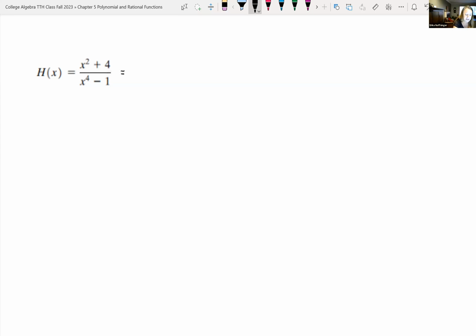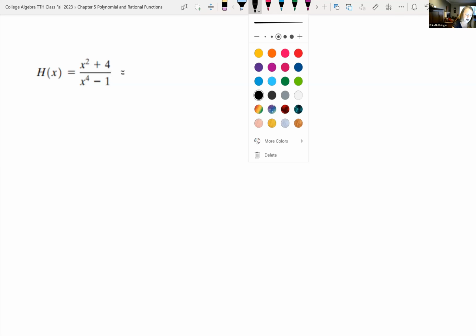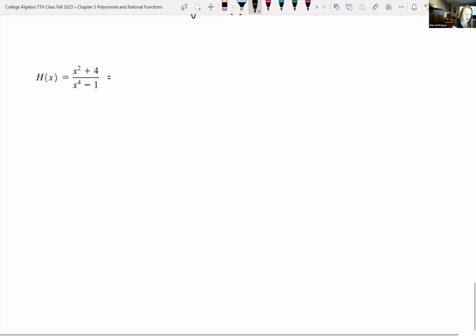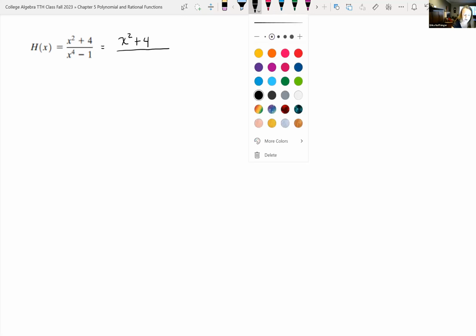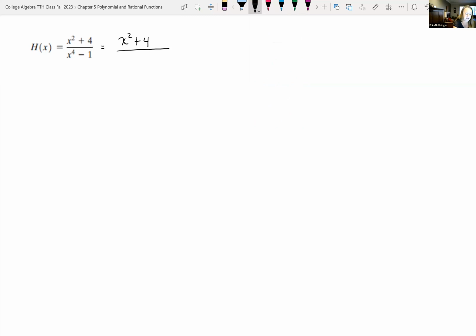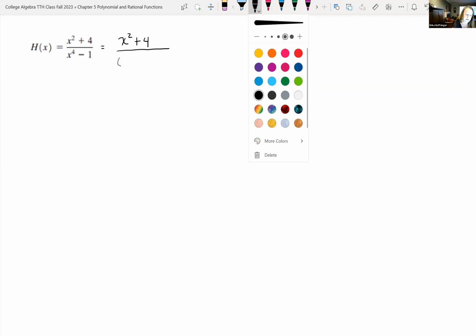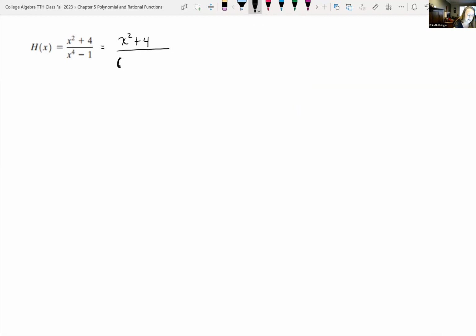So I'm looking at my denominator, and I noticed that's actually a difference of squares. x to the 4th minus 1, I can factor. So I'm going to rewrite my numerator, x squared plus 4. That does not factor because that is not a difference of squares. That's a sum of two squares. And then x to the 4th minus 1, I notice I can factor this as x squared minus 1 all times x squared plus 1,